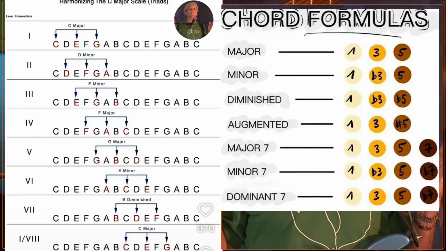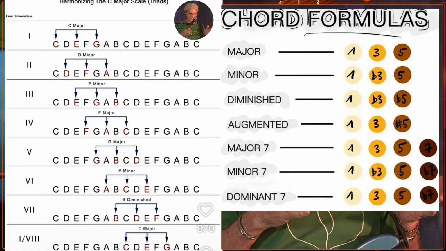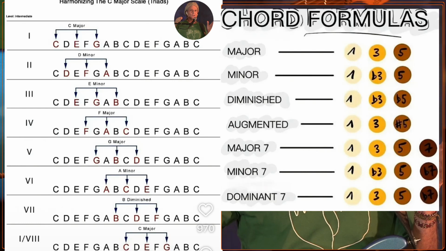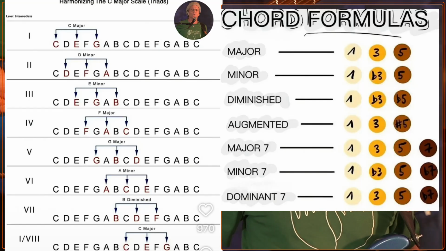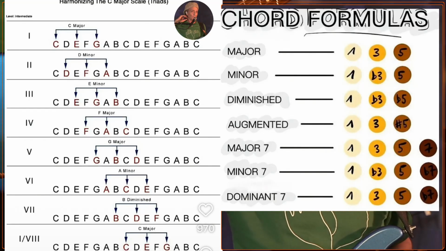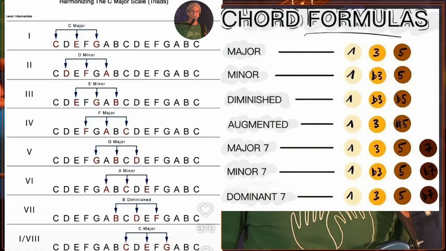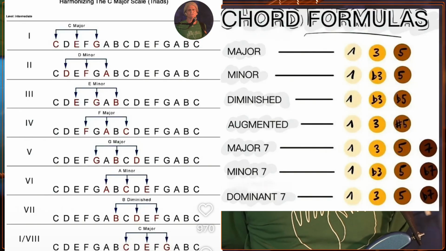So what happens is the scale is in charge. You use the notes from the scale, and as you move up, the first movement is you take the first note, skip a note, and go to the third, and skip a note, and go to the fifth. Whenever you skip a note, the next thing up is a third of some type. Now let's look at the formula over here. What makes up a major chord? A 1, a 3, and a 5.